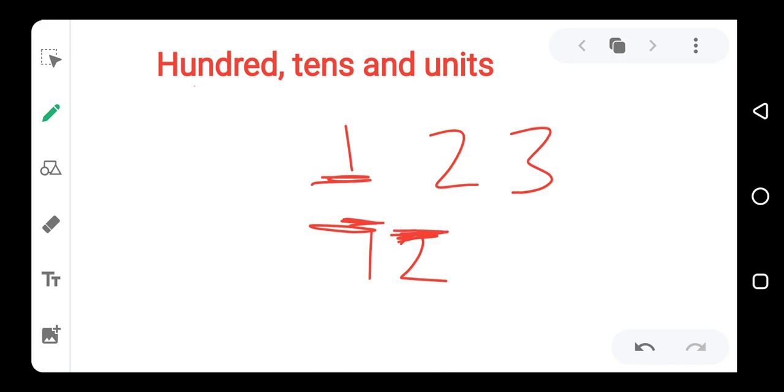So this is the first one, 1, and this one is the second one, 2. So this first one is going to be under units, and the second one is going to be under tens. So if we want to write tens and units,